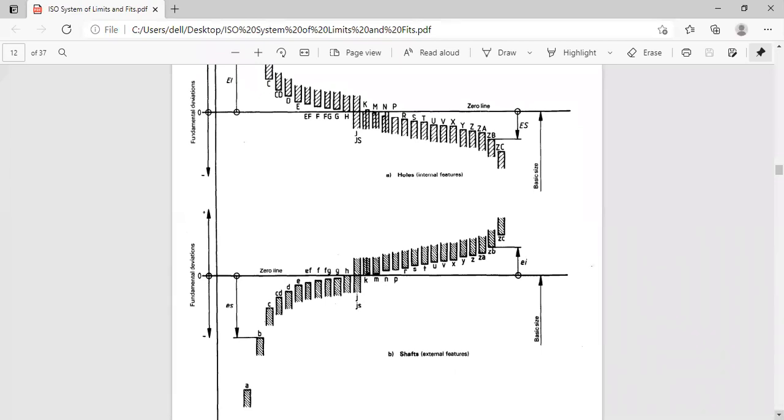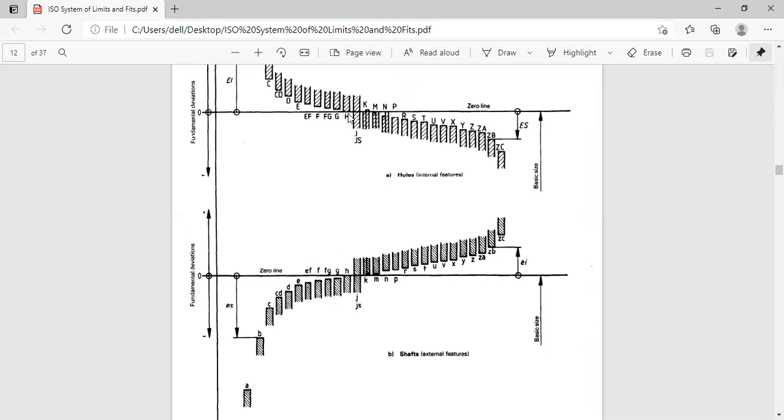That's why I already said, this is the heart of how to tackle the problems, how to know which alphabet is lying in the lower deviation and which alphabet is lying in the upper deviation, both for the hole and the shaft. Suppose I take small h here, it is the upper deviation. Because it's lying on the 0 line, small h is the upper deviation is 0 for the shaft. Here capital H, because capital H is this lower deviation of the hole is 0. That's what we are representing for the hole based system and the shaft based system.